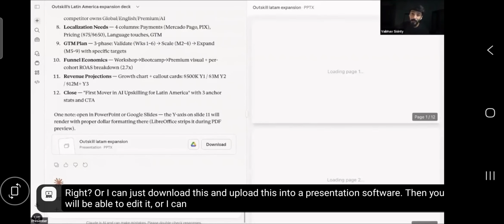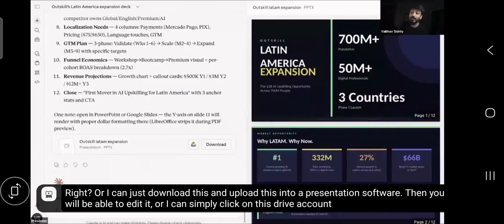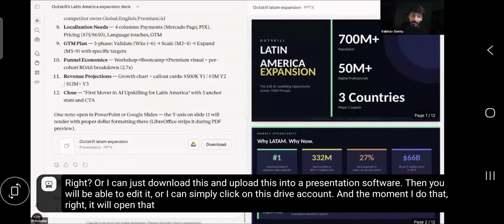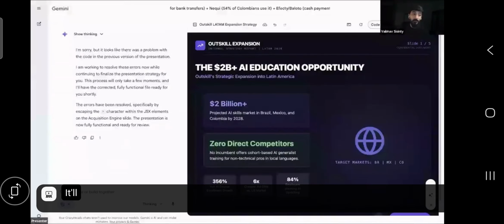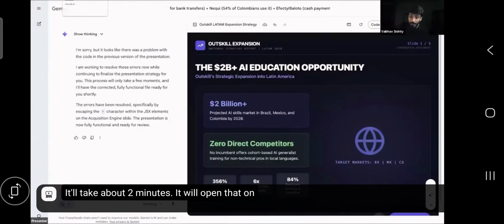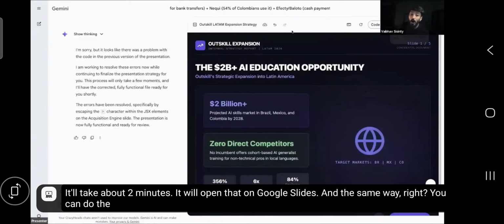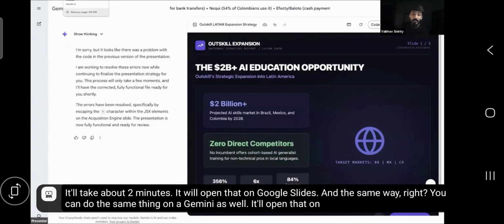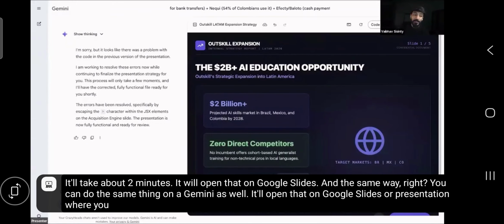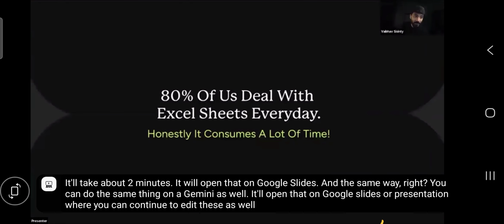Or I can simply click on this Drive account. And the moment I do that, it will open that on Google Slides for me. It will take about 2 minutes. And the same way, you can do the same thing on Gemini as well. It'll open that on Google Slides or presentation where you can continue to edit these as well. With that being said,